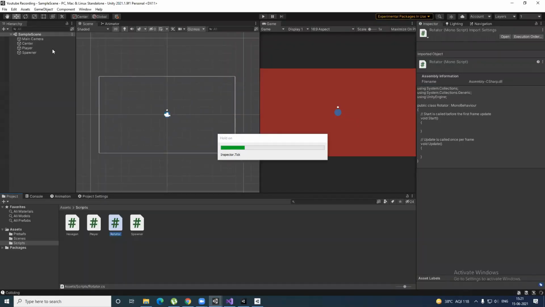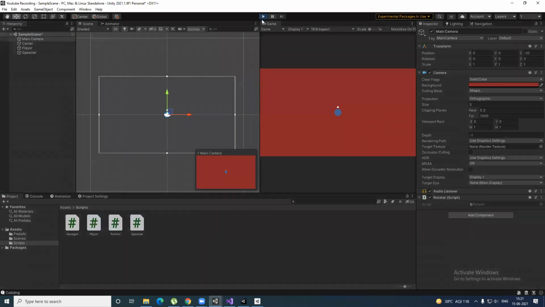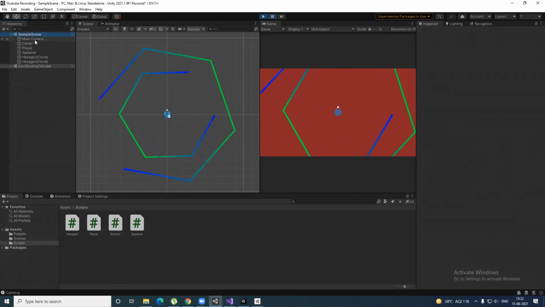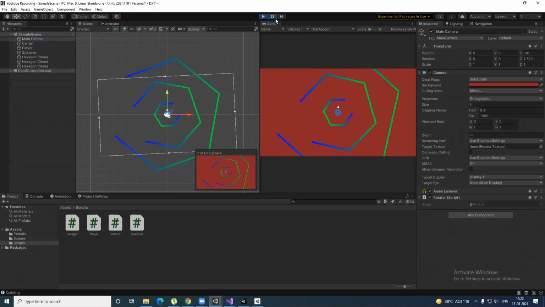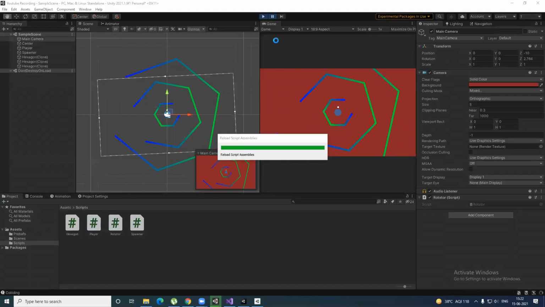Let's wait for it to get compiled and selected. Let's head back to the main camera and add the component Rotator. If I hit play now, you see it is rotating, but at a very small level. You can see in the scene view it was rotating, but on a very small scale. So we have to multiply it by 30f, which will give us a faster, fast-paced speed for better play and results. Let's multiply it by 30f and see what's happening.